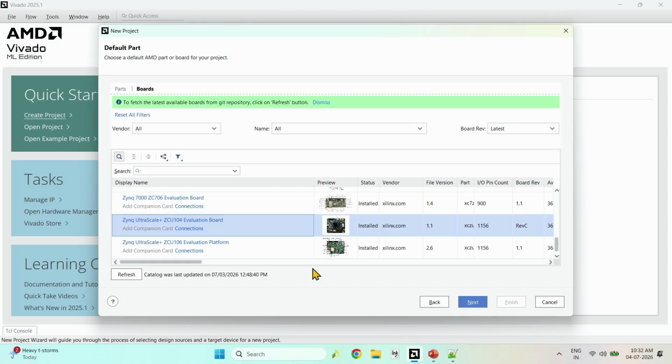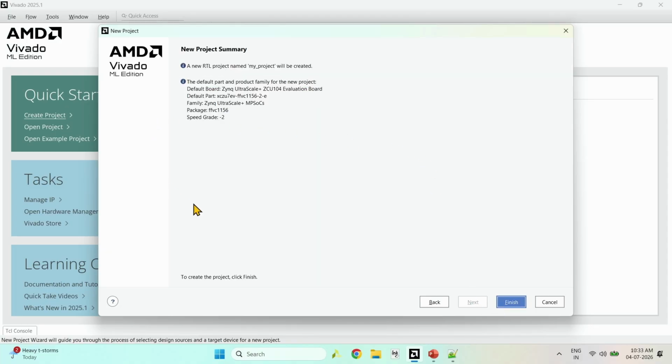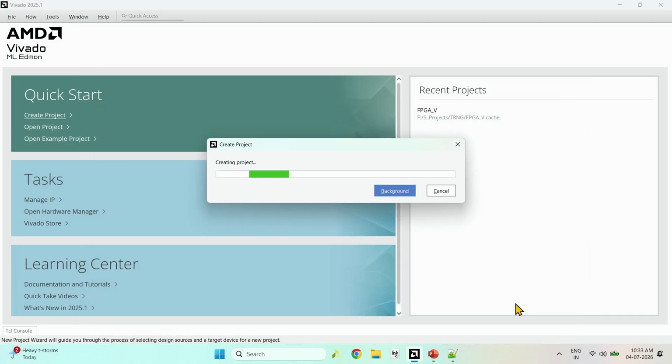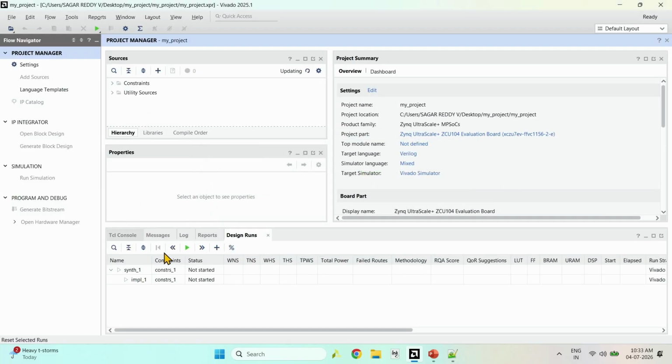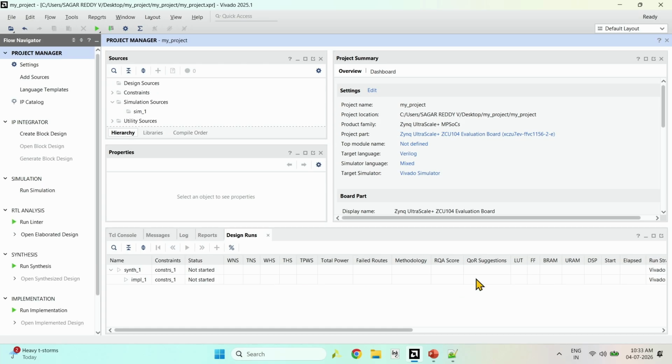Once you have selected the board or device, click next to continue. So this is the last step. Here Vivado displays a summary of your project settings. Check the details once and then click finish to create a new project. Once you click finish, Vivado creates the project and opens the main workspace. From here, we'll perform all the steps of the FPGA design flow, including adding sources, simulation, synthesis, implementation, and finally